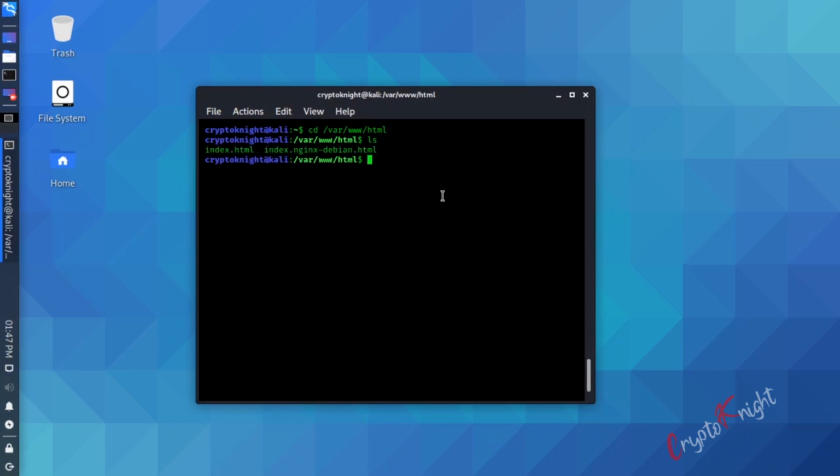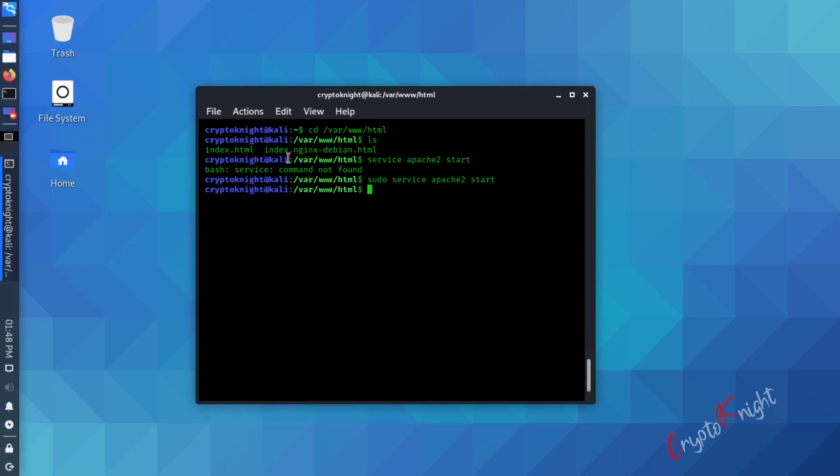So if we want to start an Apache service on our Kali, what we can do is service apache2 start, and this you can run from any directory. You need not be in this directory, you can be anywhere like desktop, home, wherever you want. You have to run this command and hit enter. Now command not found, probably because we are not root. So we'll give sudo and hit enter. Now the service is running.